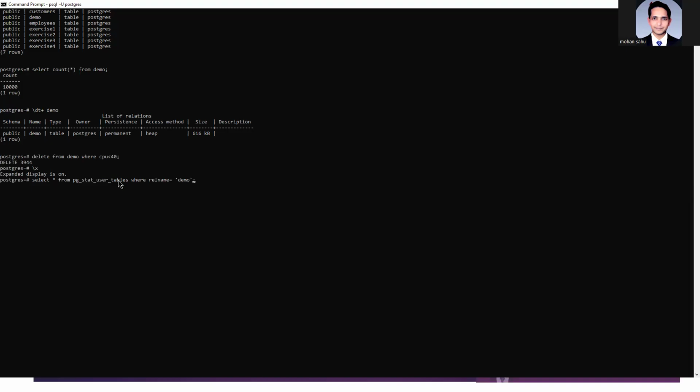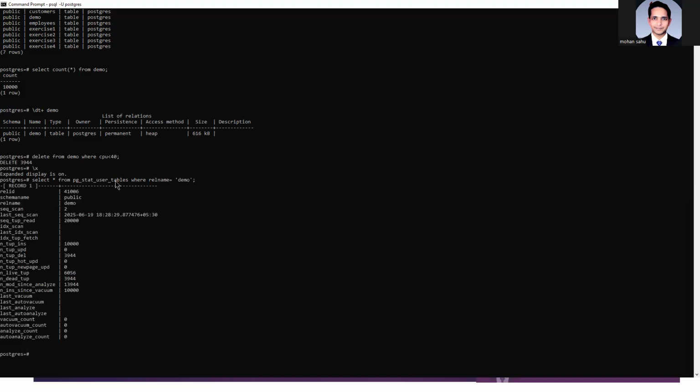Now we can see here that the tuples were 10,000 earlier, and we have deleted 3,944 rows from here, and here it is showing as